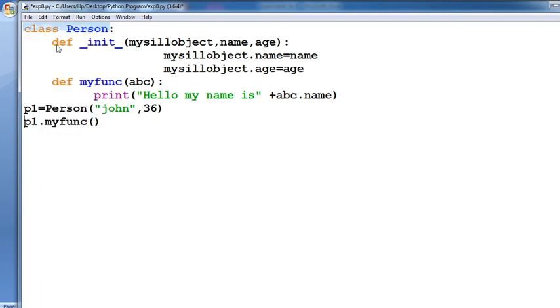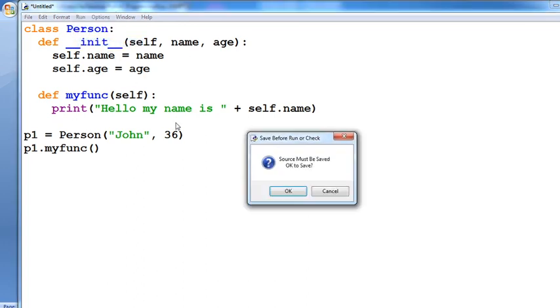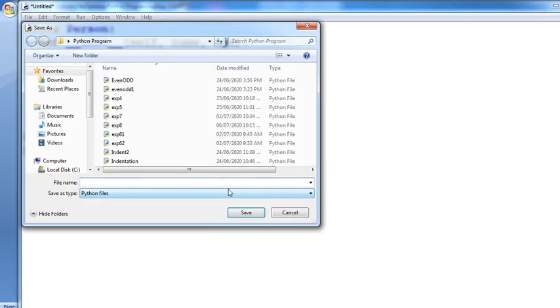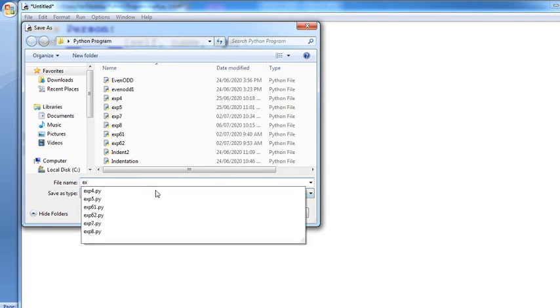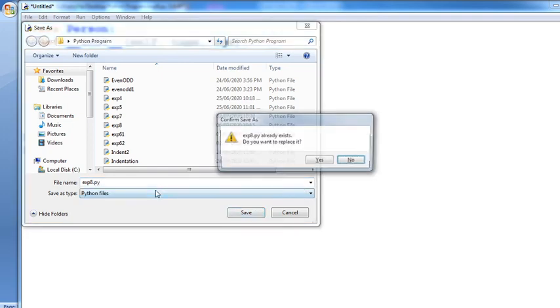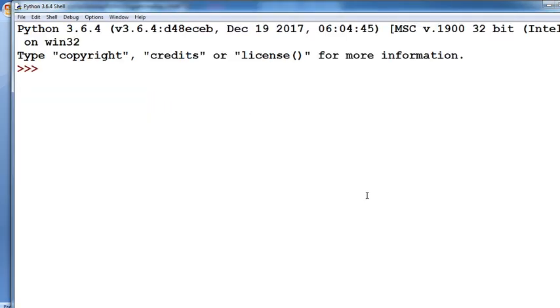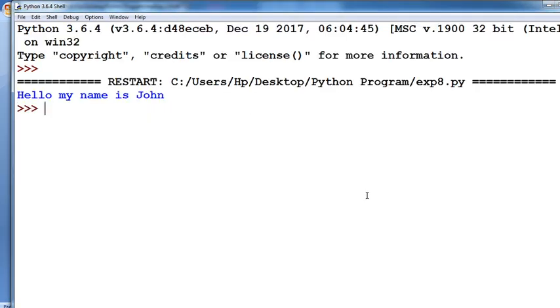Again go to File, New, Ctrl+V. Suppose this is your program, we run that program, assigning the name for experiment 8.py, with replace. Yes, it is replaced. Now okay, now your program is run.